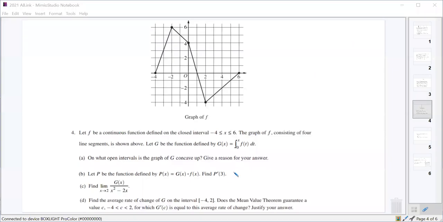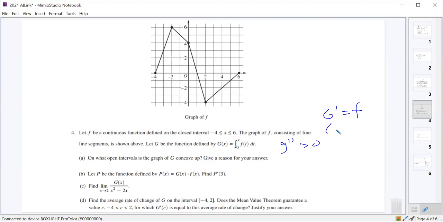This was number 4 from May 4th. So first off, they tell us that g is the integral from 0 to x of f. And then we want to figure out when g is concave up. So to figure out when g is concave up, we need to know when g double prime is greater than 0. If g double prime is greater than 0, we need to figure out that, first off, g prime is